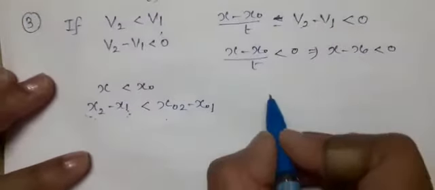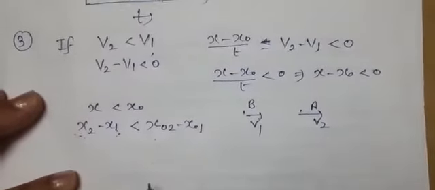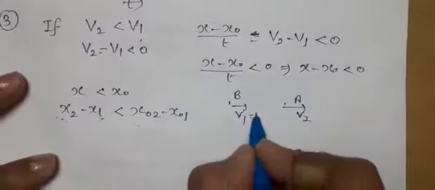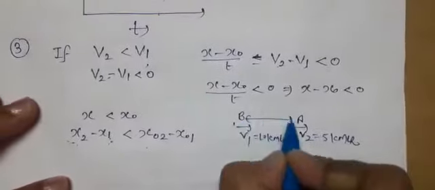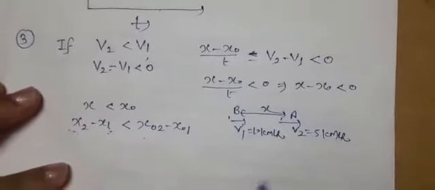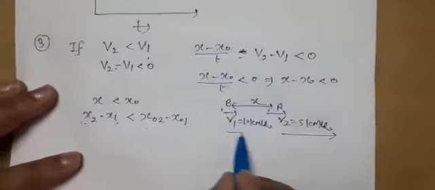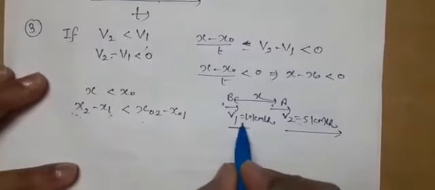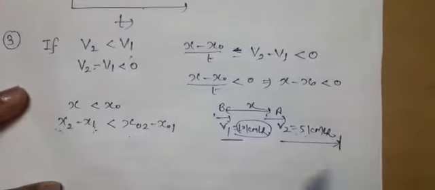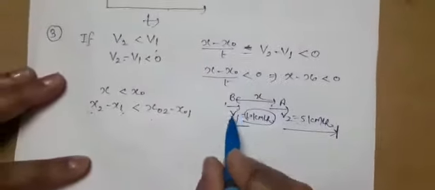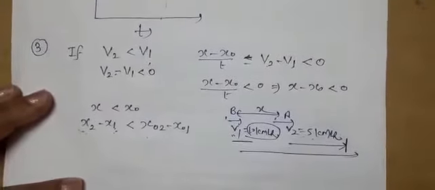You can understand it with the example, as the bodies A and B are moving with velocities v2 and v1. Now it has been taken as per this condition. Suppose it is taken to be 10 km per hour and it is taken to be 5 km per hour, with a fixed distance between these two. Now you can see it will continuously move with its speed and cover some distance, but this body which is behind, because it is moving with larger velocity, what will happen? If after time t it has reached this point, then it may be possible that this body moving with velocity v1 will overtake it and move ahead.